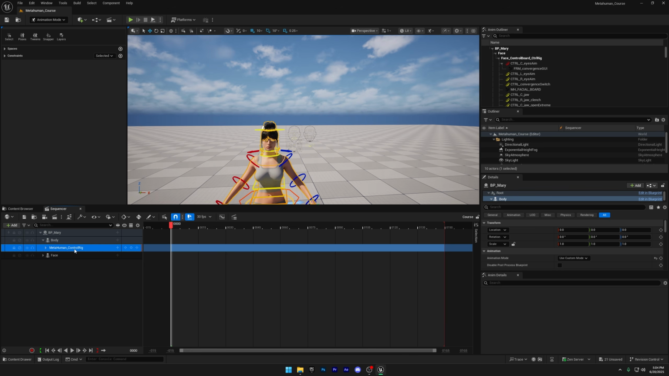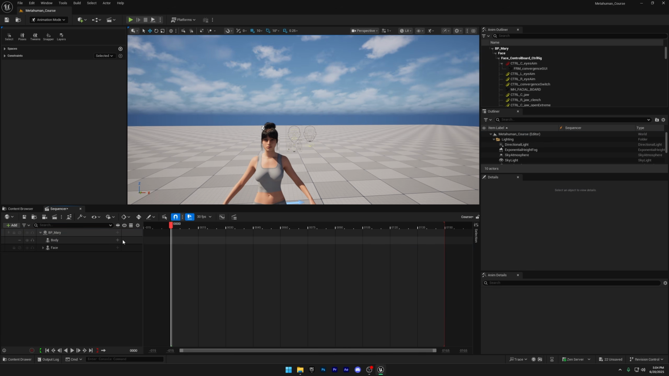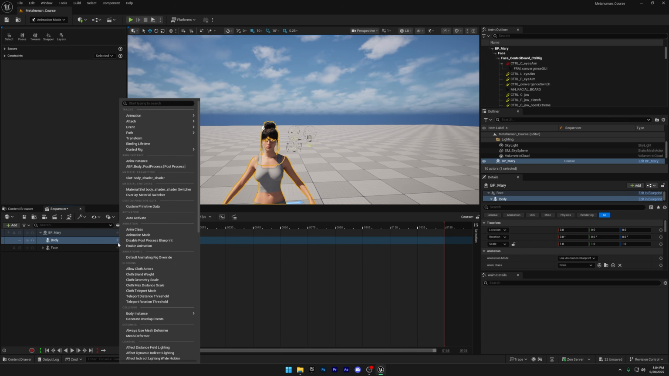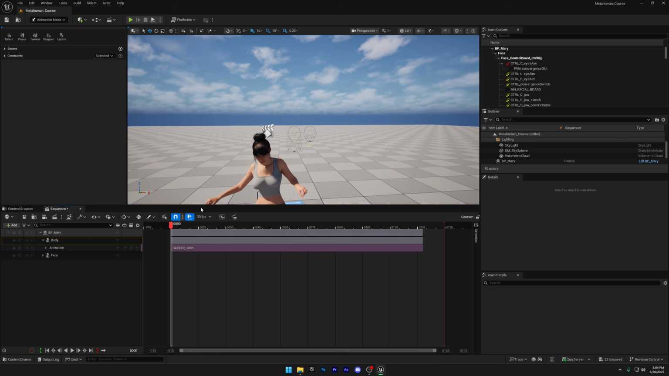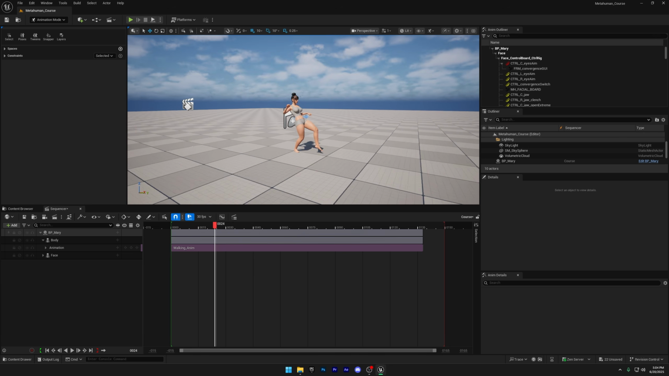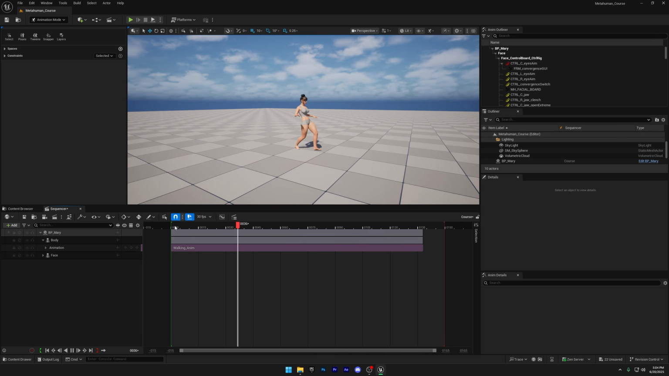Now head over to the sequencer. First, delete the body control rig from the timeline. Then click on the plus button and apply the animation we just retargeted for our MetaHuman. Now you can see the animation working properly, but sometimes it might need a bit of tweaking to better match